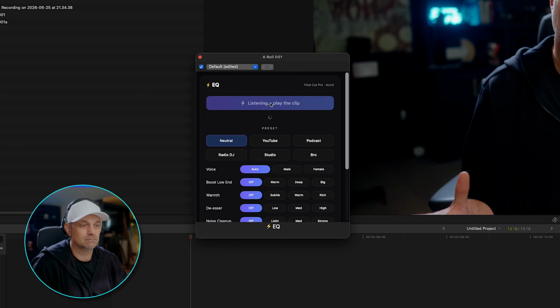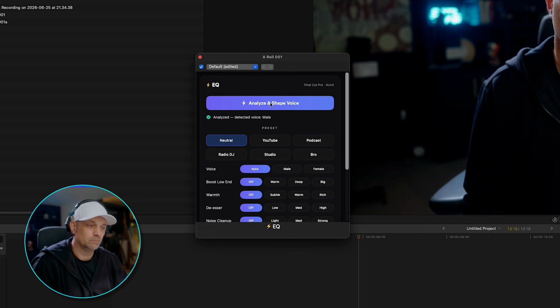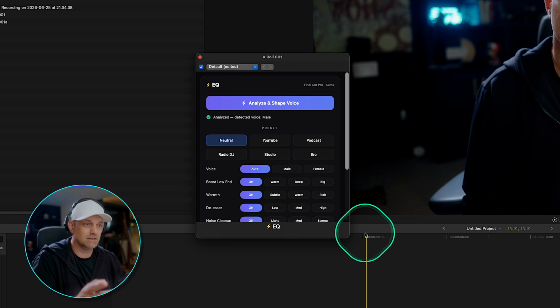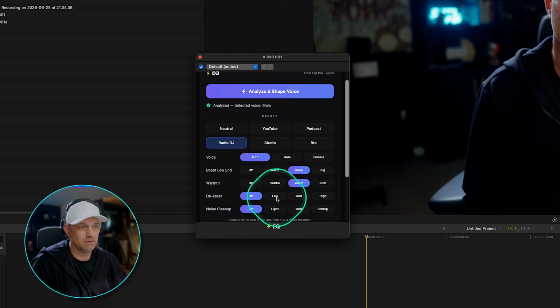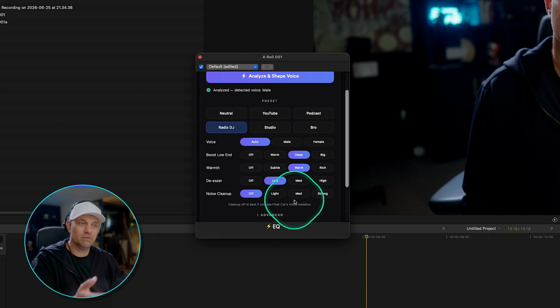So here's the same sentence, straight off the mic, before I've touched a single thing. And once it's done, it processed it, it went through everything, and now you can go and choose your setting that you want. So we're going to choose radio DJ so you guys can hear a little bit more. I'm going to boost the low end. I'm going to make it a little bit warmer. I'm going to do low de-essing, and then with the noise cleanup, you can do it in the app, but